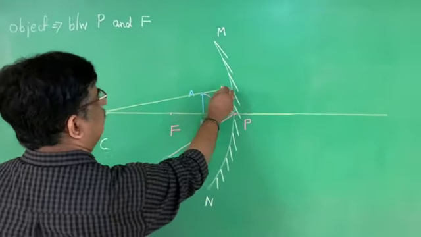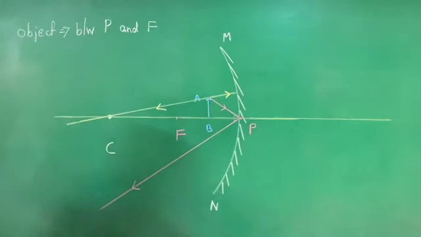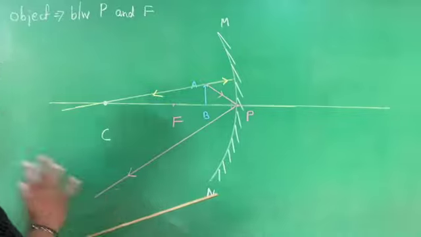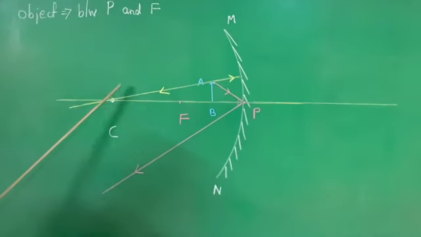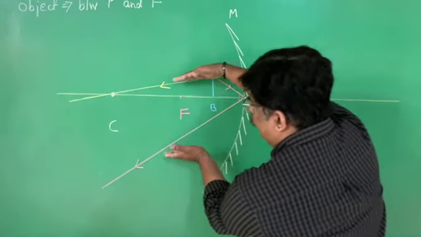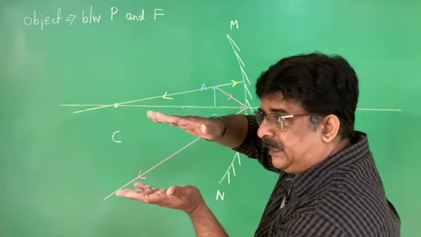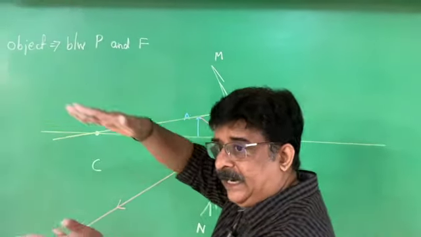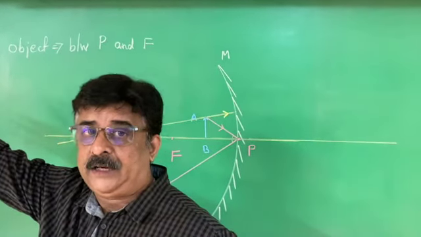See, this is the incident ray and this is the reflected ray. Now see children, the fun. Here you have to look very carefully. These two are the reflected rays. When you see these two rays, they are divergent rays. Divergent rays means they become wider. Since they are divergent rays, they are not going to meet on this side at all.